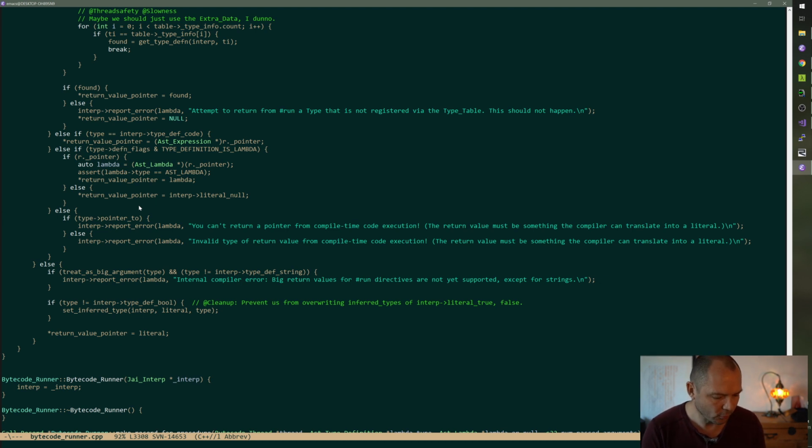Oh, returning a pointer, generally, by the way, actually we should be able to do.